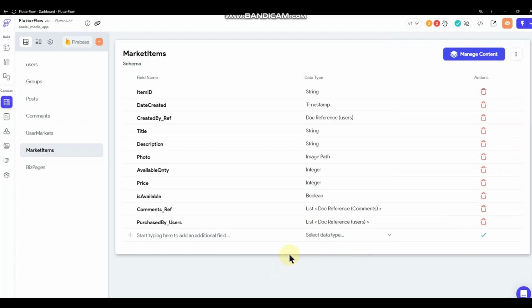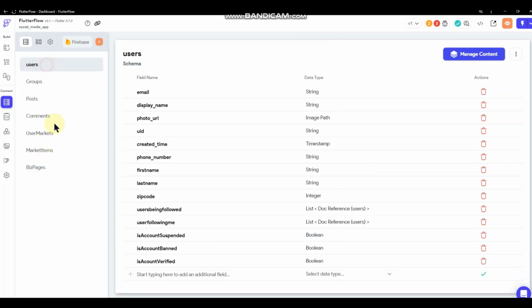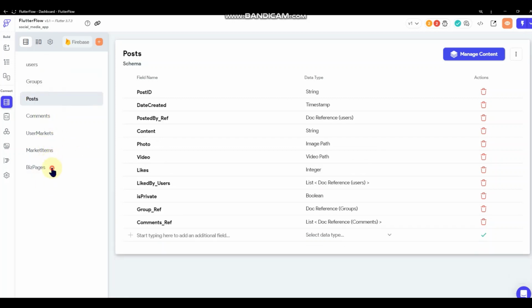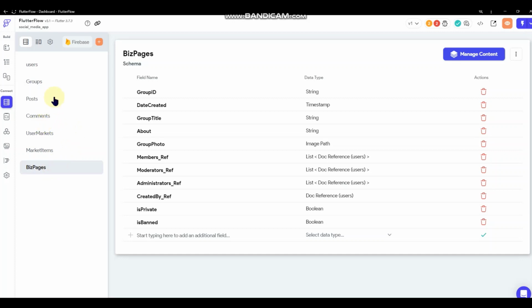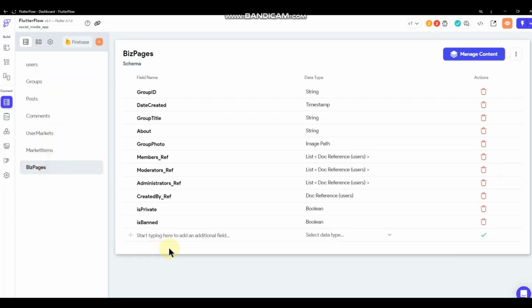Okay. All right. So that's good there. And then we've got the biz page. So that's just a basic rundown of how I'm going to set up my collections to get started. As we go through it, things will be adjusted. And likely things will be added in here. I do need to create a comments reference. Back to the comments.